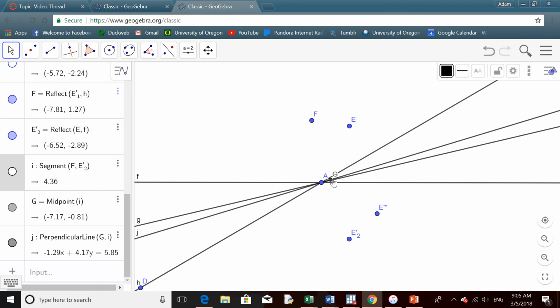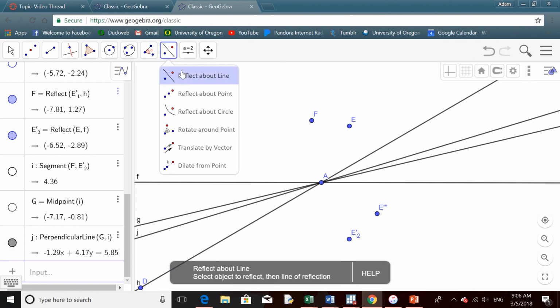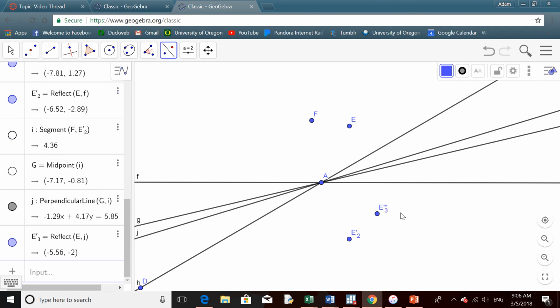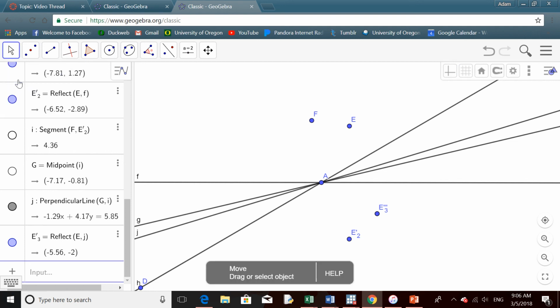We'll hide this and hide G just to get it out of the way. But we have our line J now, and we can conclude then we know E triple prime to be our reflection under the composition, or our transformation under the composition of these three reflections. And as such, if we take E and we reflect it across J, it is equivalent to E triple prime. As such, J is going to be our solution, and we can also show that this is not unique